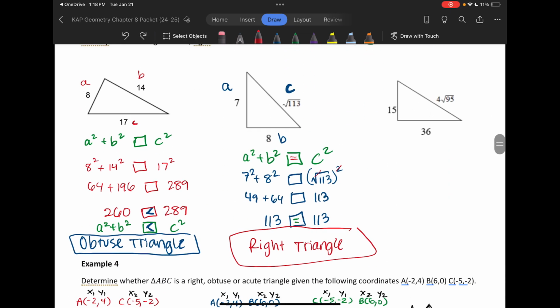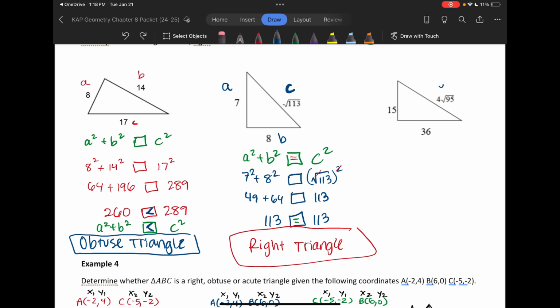And then lastly, let's take a look at the one on the very far right. We see here that, again, we have another square root, so probably a good idea to check which side is my longest. Don't just assume visually that it looks like the hypotenuse would be 4 root 95. Do not assume. Actually look at the numbers and verify which side is the largest. So if we were to plug this into the calculator, the square root of 95 times 4 would give us approximately